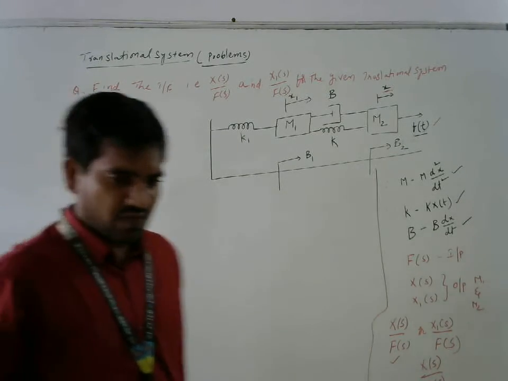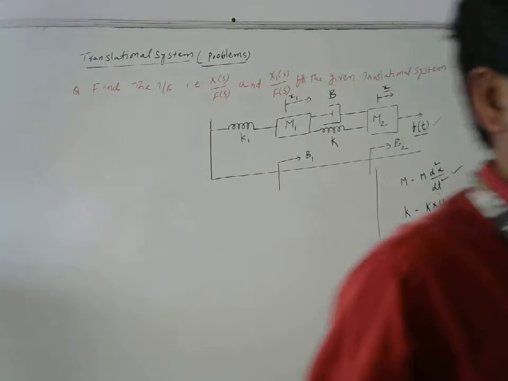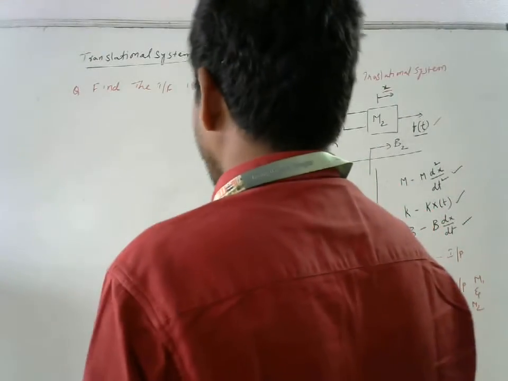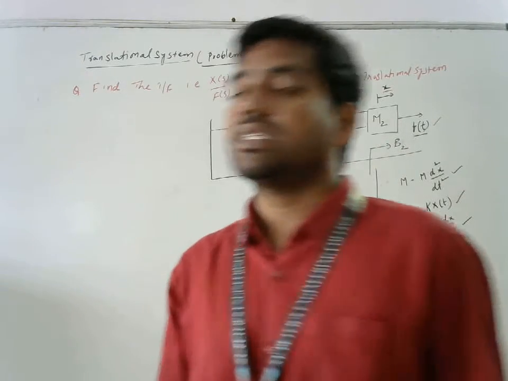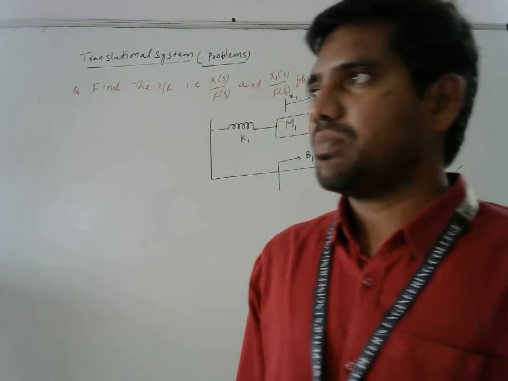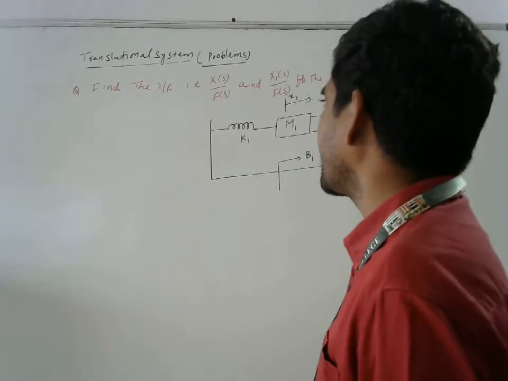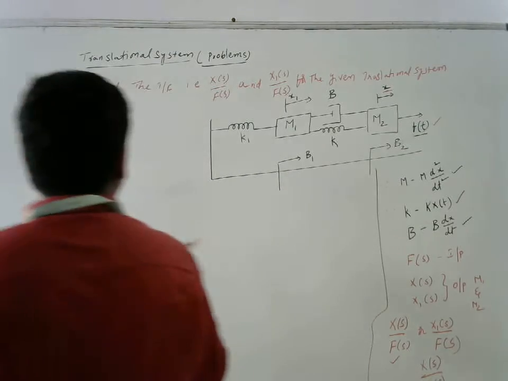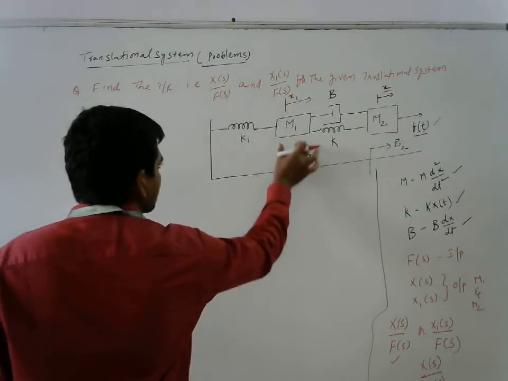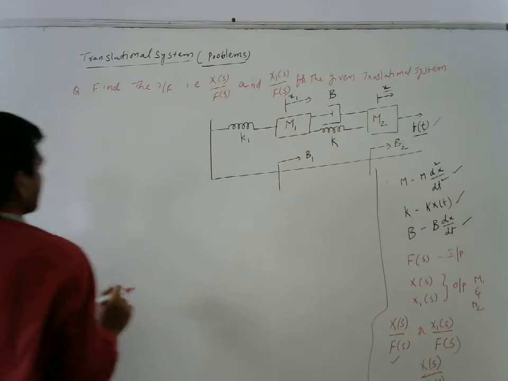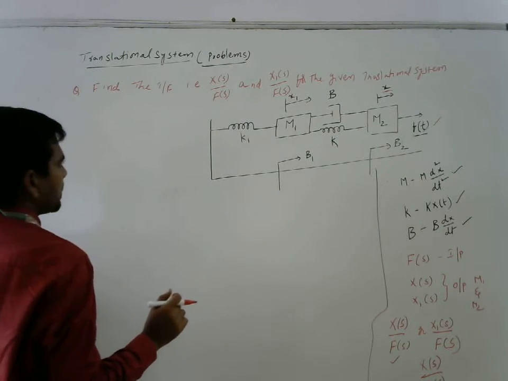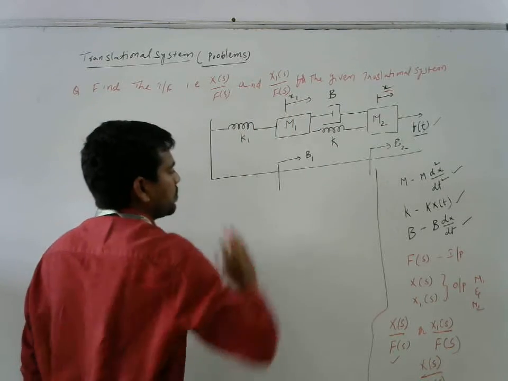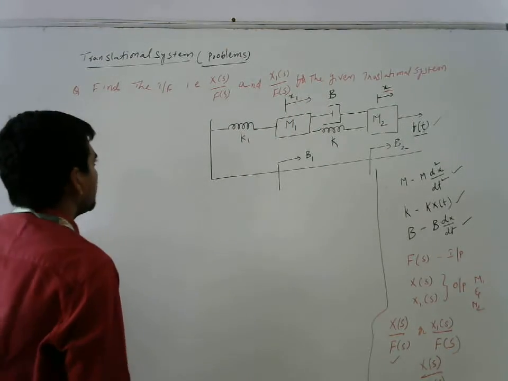For this purpose, what are we going to do? First, we need to identify how many masses are there, that means we consider each as a Cartesian node. If we have two masses, we have two differential equations. How do I write the first differential equation, consisting of m1? Is there any direct force applied on this mass m1? There is no force, so it will be equal to 0.